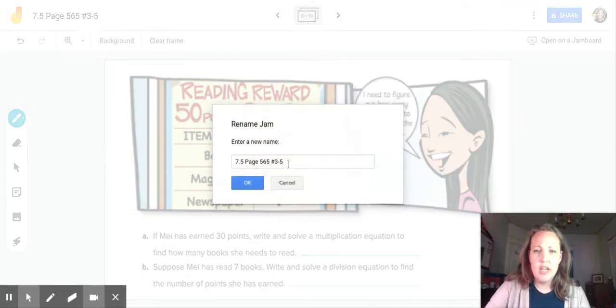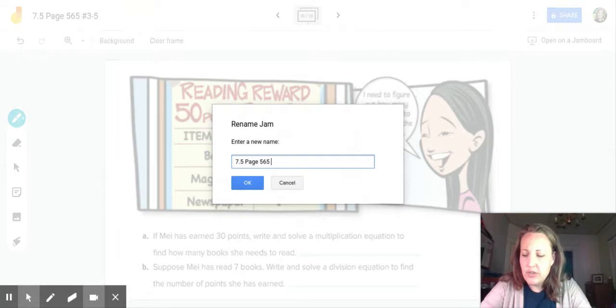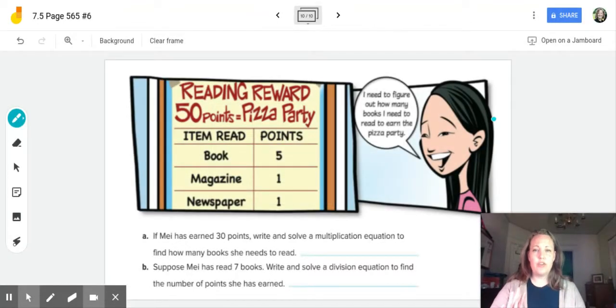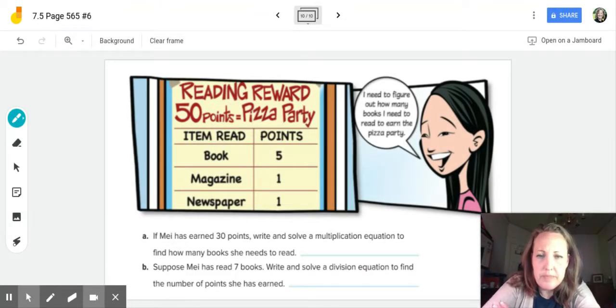Let me change this page of your textbook, and I'm actually doing problem number 6 right now. Okay, so problem number 6. And we have this graphic novel, and this girl named May, M-E-I is how you say that. She says, I need to figure out how many books I need to read to earn the pizza party. So she wants to earn that pizza party. And it tells us in this chart that a pizza party takes 50 points and a book is worth 5